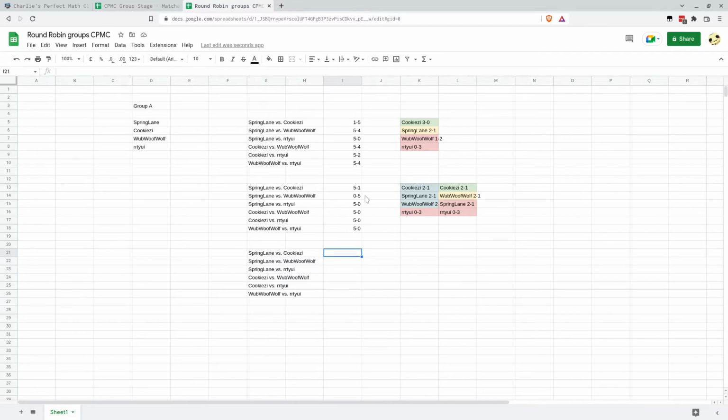Let's say we have the same results, except that, let's say this went 5-0, and then we have Wolf versus Raruchi. Let's say Raruchi actually beat Wolf 5-0. Okay. So what we have now